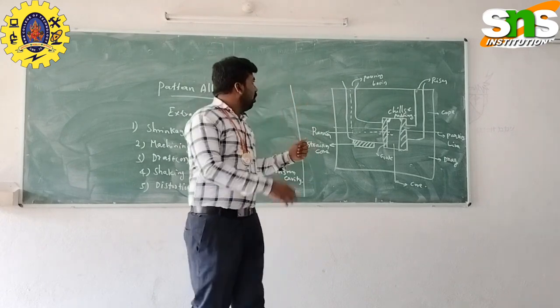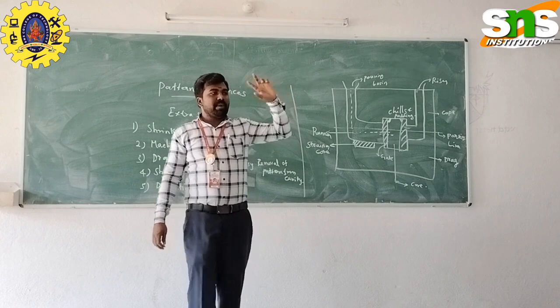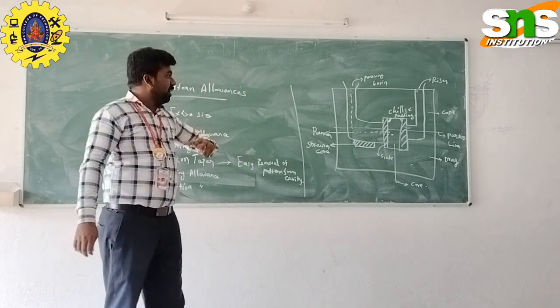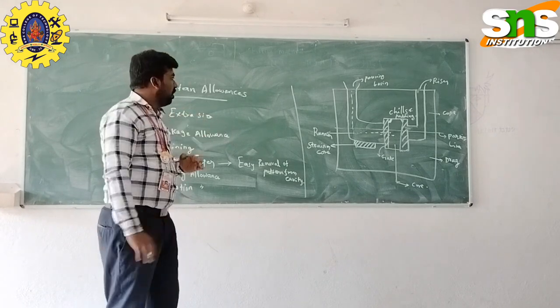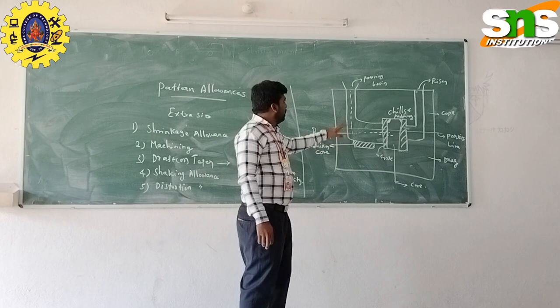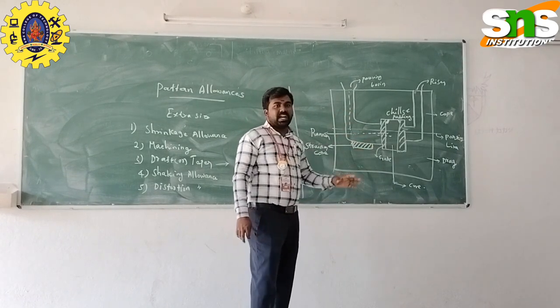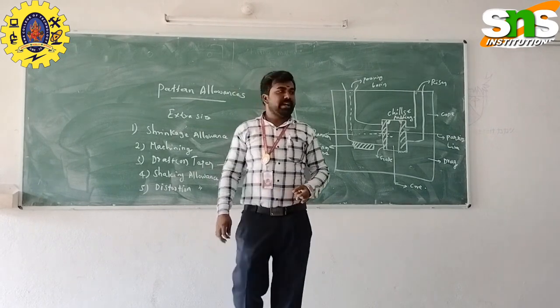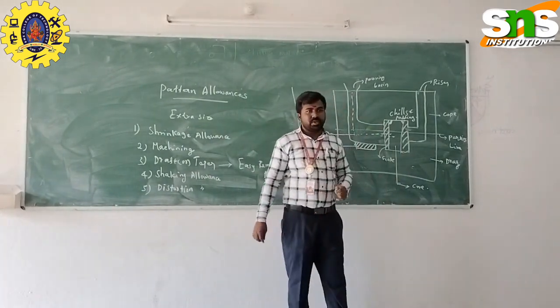Again, I will discuss one by one. It consists of two parts. The upper part is the cope, the lower part is the drag. The parting line separates the two portions of the molding process. This whole component is called the mold. So the important parts are runner, riser, mold cavity, gate and the core, chills and the padding. We already discussed chills and padding are used for the directional solidification.